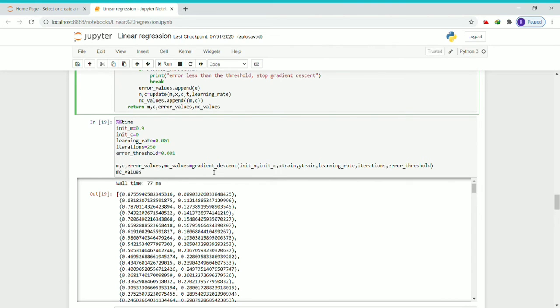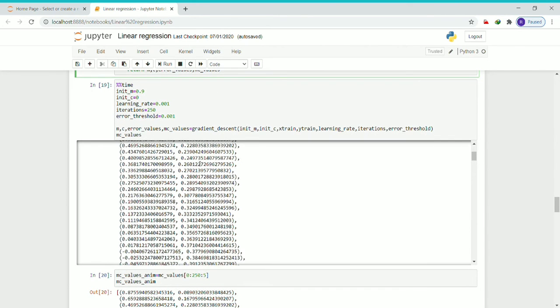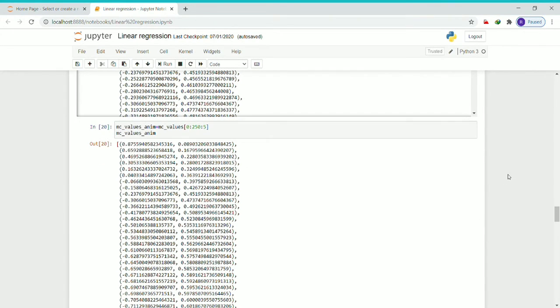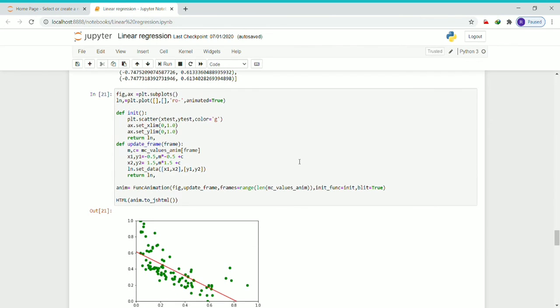Now we will run the gradient descent function and we will find the error values, mc values, and most importantly m and c. These values of m and c are the optimum values. Now we will use these values and plot our graphs.